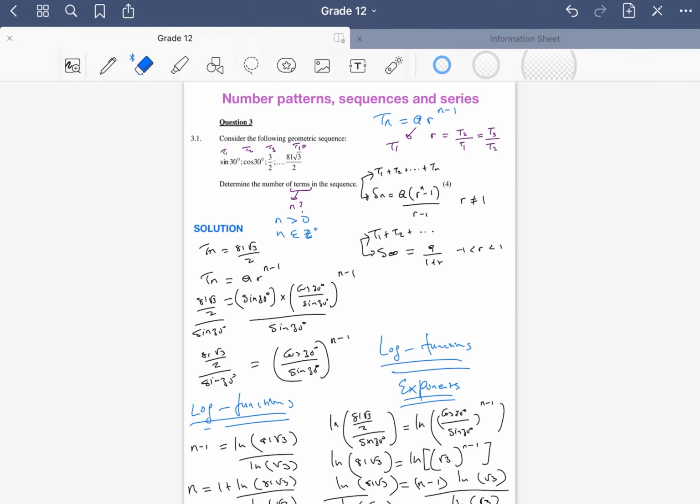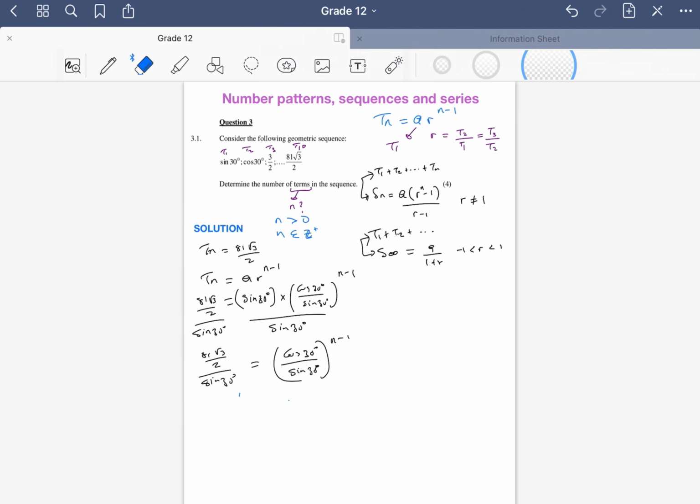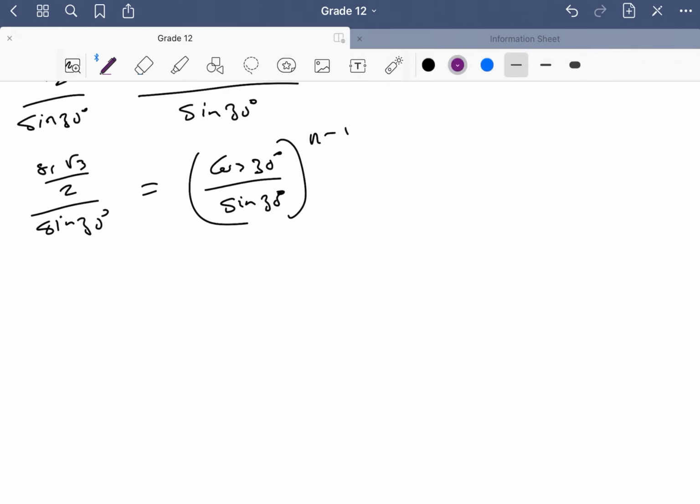And what you need to know then, we can do natural logs, and then I mentioned that we can do exponents. We can go back to what we have here. We can still punch this in a calculator if you remember. You don't have to write this whole thing. 81 root 3 over 2, divide that by sine 30. We got it as 81 square root of 3 is equal to cos 30 over sine 30, which I think was square root of 3, power n minus 1. Okay, that's what we have. So using exponent,